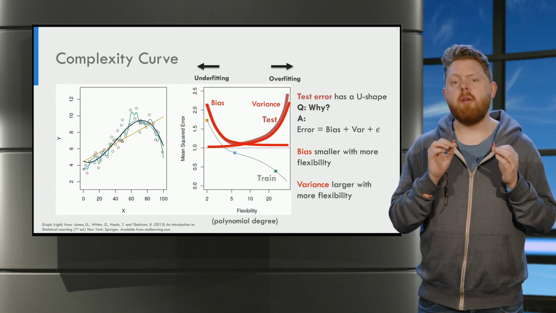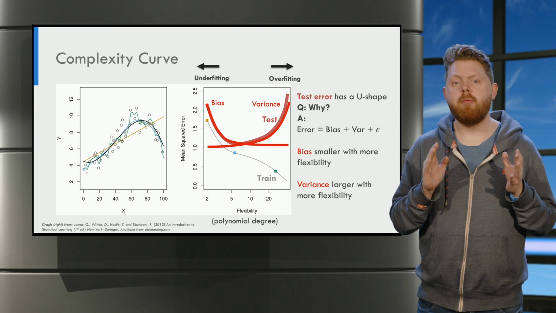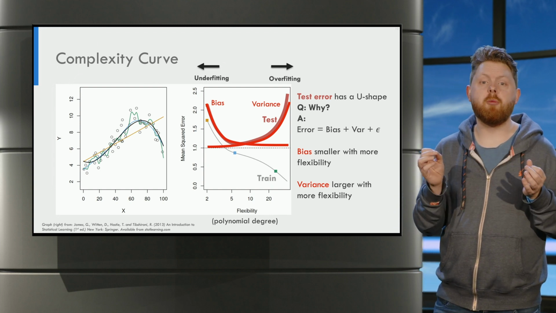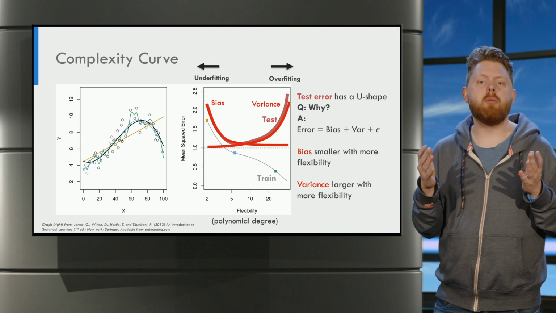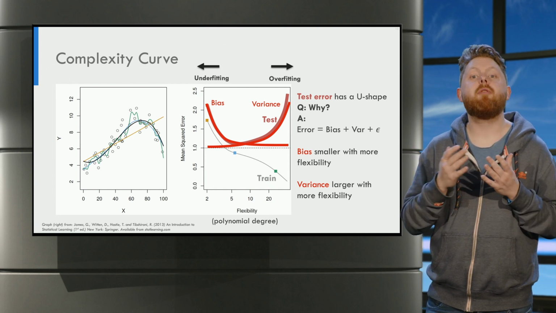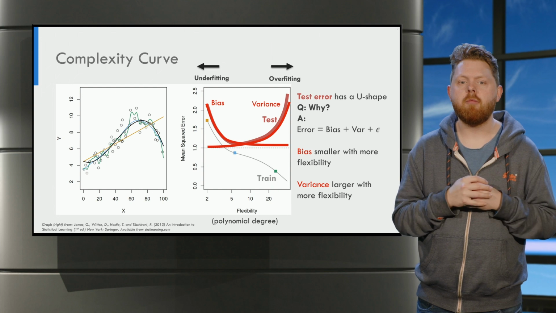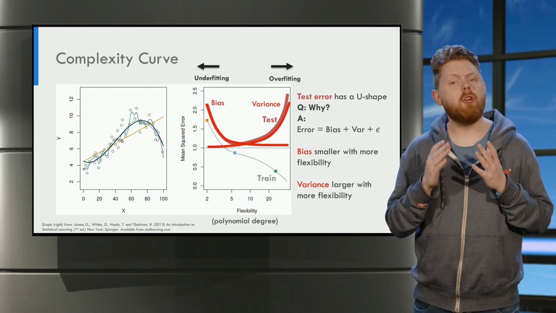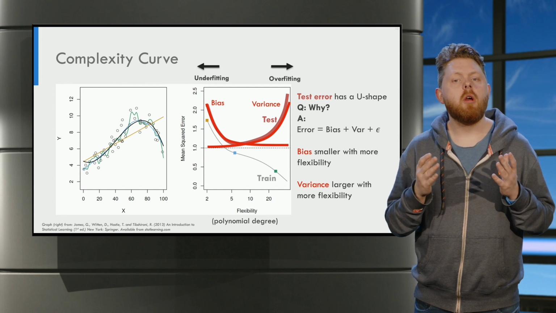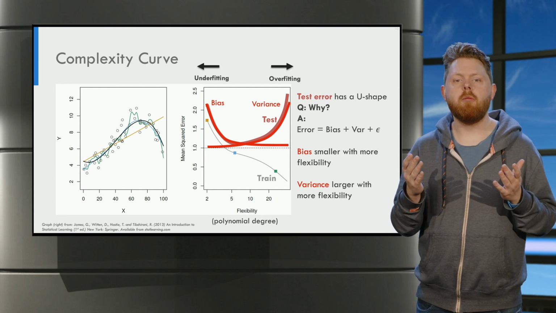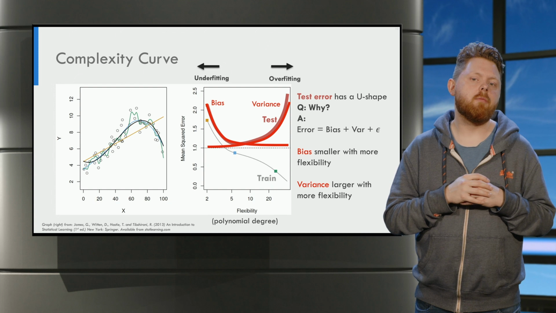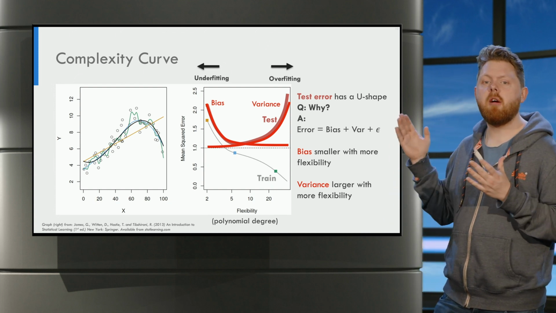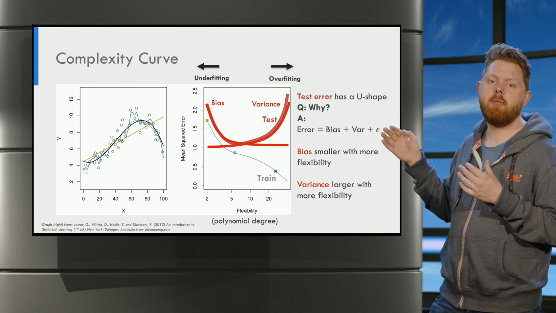We have that the more flexible our model, the smaller the bias. Because we are more flexible, our errors due to approximations get smaller, and therefore the bias gets smaller. The variance behaves just the other way around. The more flexible our model, the larger the variance. Because the bias and variance are summed together, we obtain this U-shape.